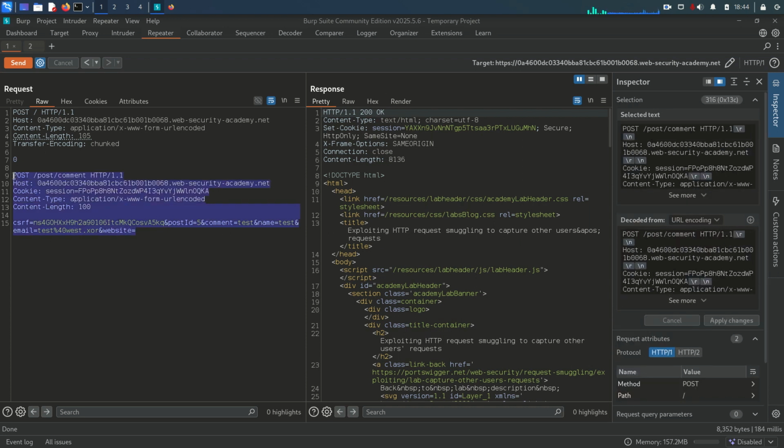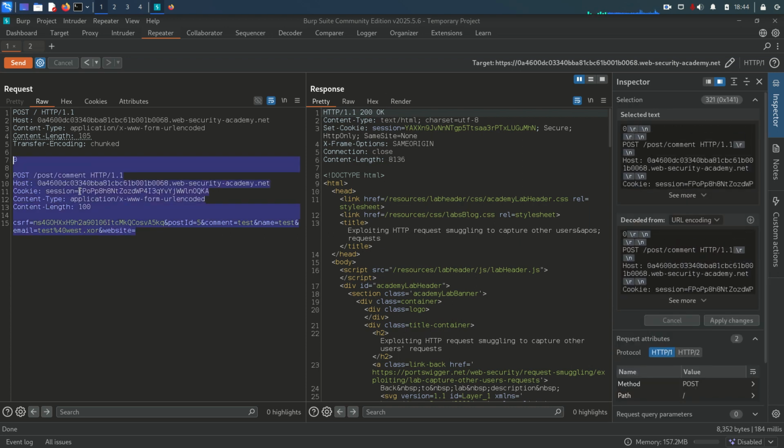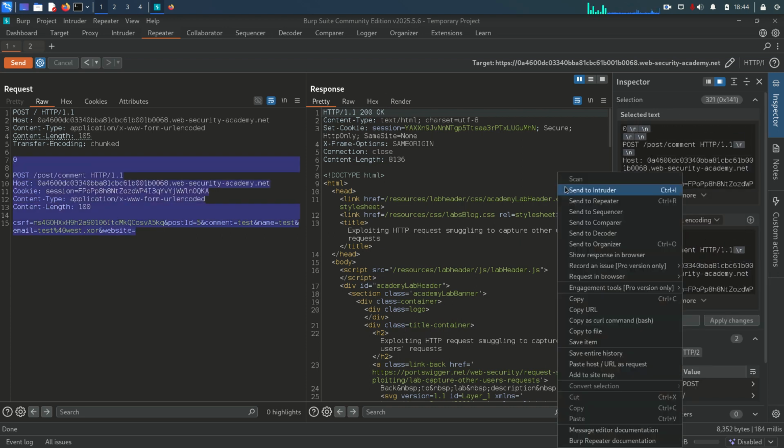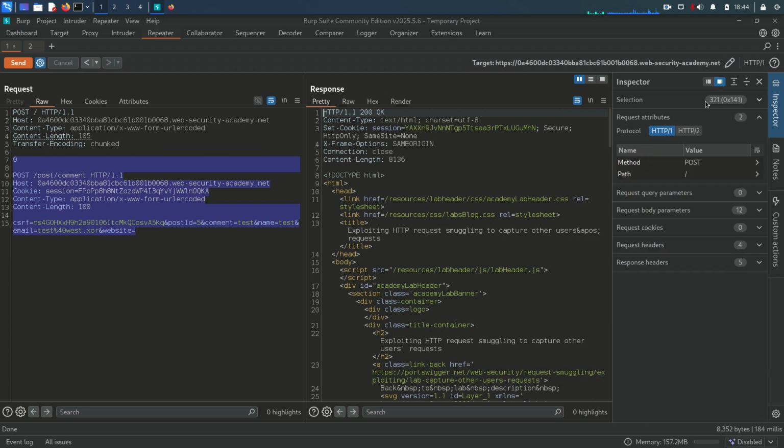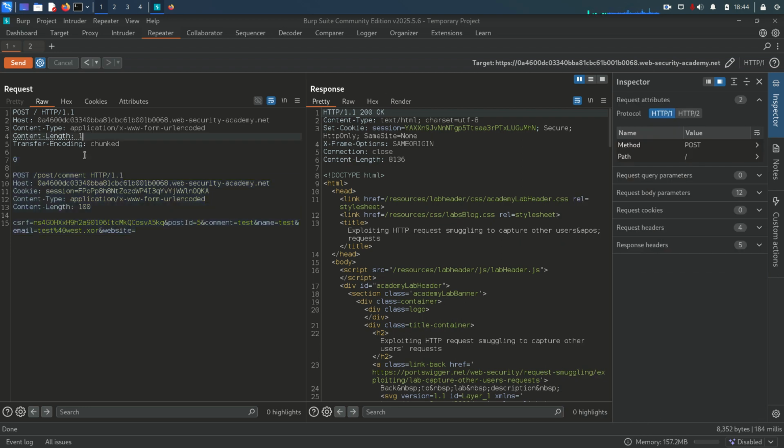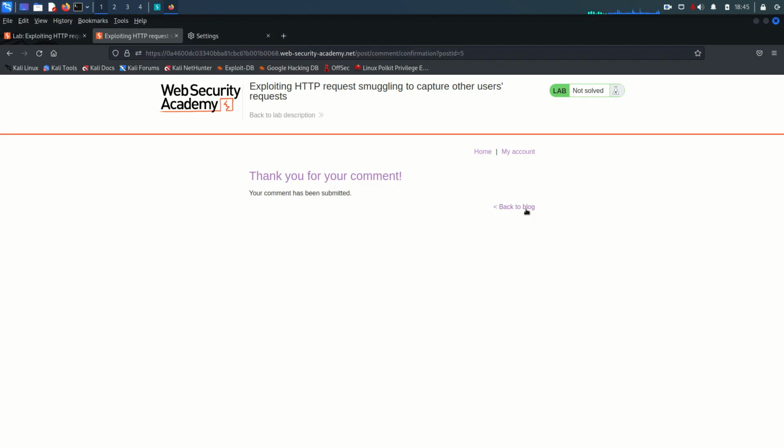I need to calculate the content length for this. So here you can see the content length is 321. So I will put here 321. One more thing, if you check it here, going back to the blog,